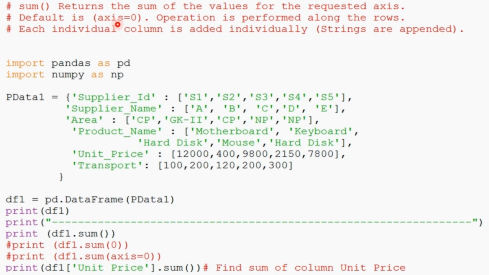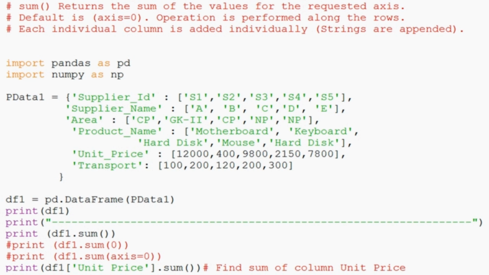If we use axis equal 0, the operation is performed along the rows, and if axis is 1, then the operation is performed along the columns. So axis equal 0 means the operation is performed along the rows and each individual column is added individually. Strings are appended. It means we get column wise results.